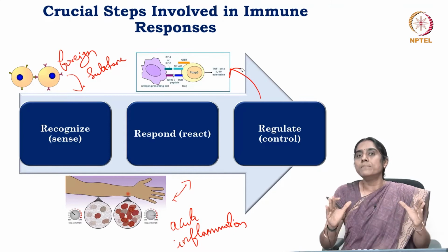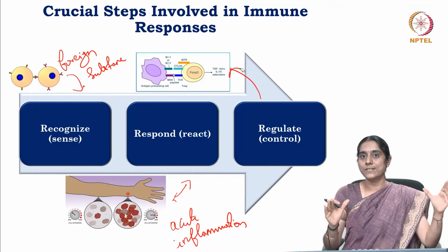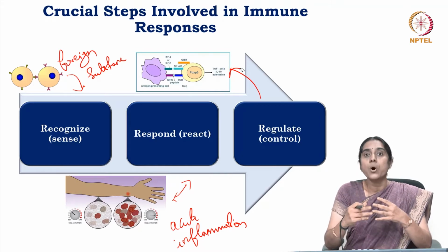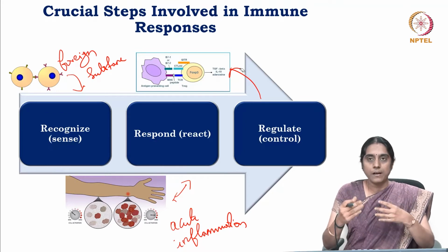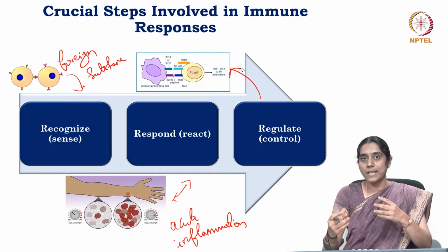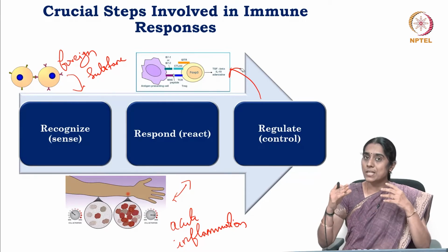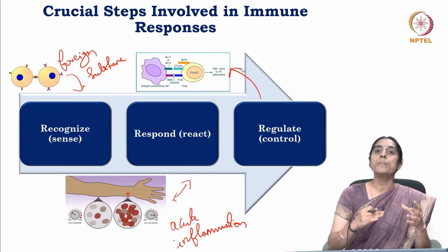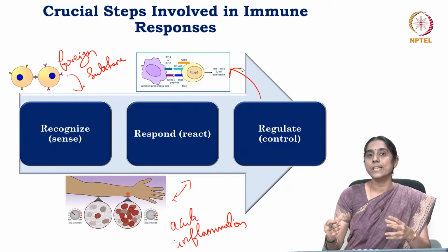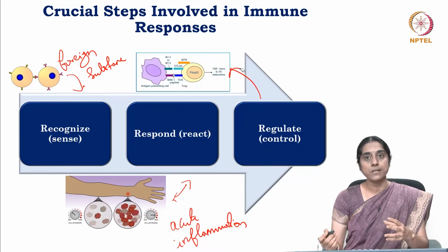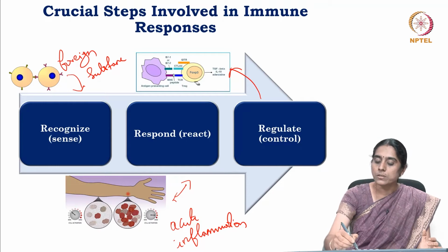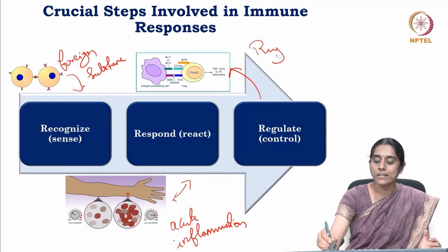So once the job is done, the foreign substance or the antigen has been recognized, and an appropriate response has been created. During the response, overreaction has happened, say a kind of inflammation. But if it is not controlled beyond a point, that process itself will lead to damage or tissue injuries, which is called immunopathogenesis. So the immune system has a regulatory mechanism mainly through the cells called regulatory T cells, in short called Tregs.